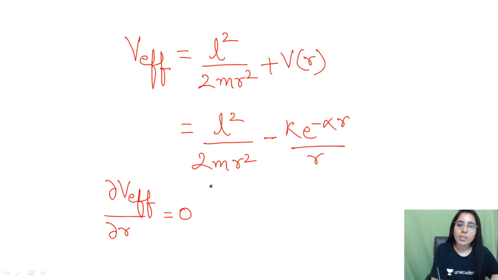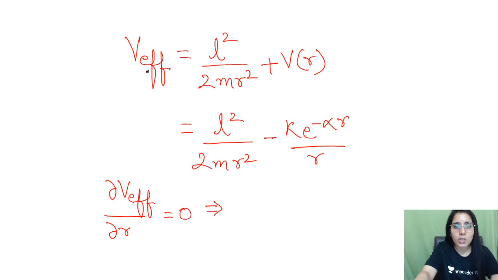Now what will happen in this case? You will simply have to write the first order derivative of potential. So let's write it now. I think we should write it on the next slide now. So it will be giving us minus 2 L square upon 2m r cube. So minus 2 L square upon 2m r cube, because you will differentiate 1 upon r square,